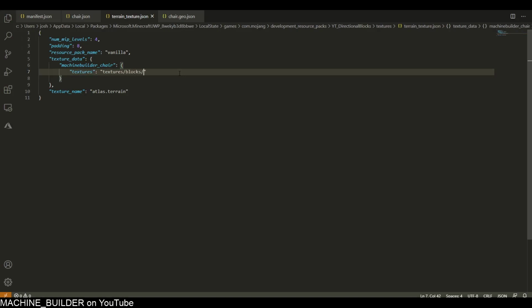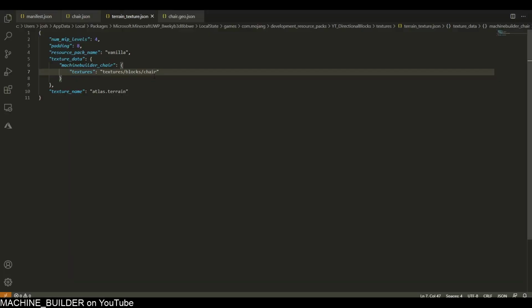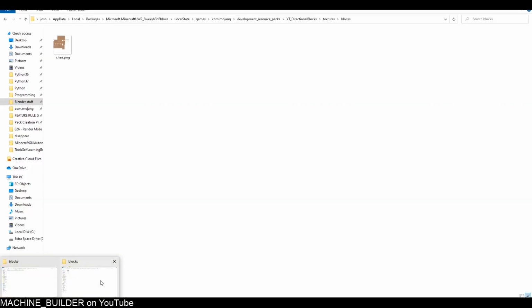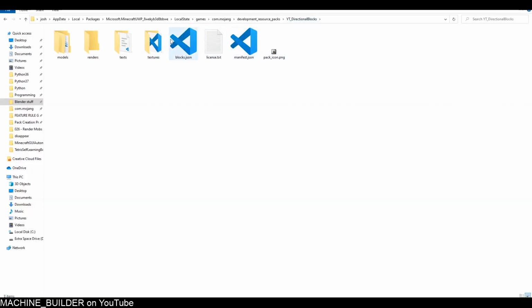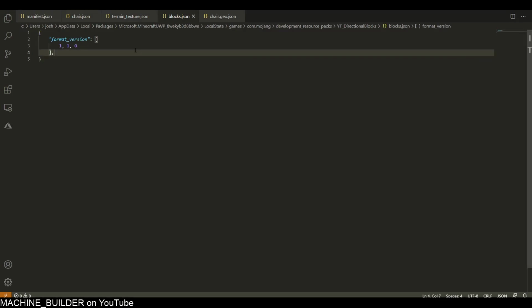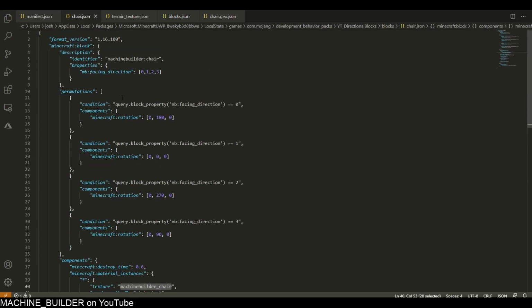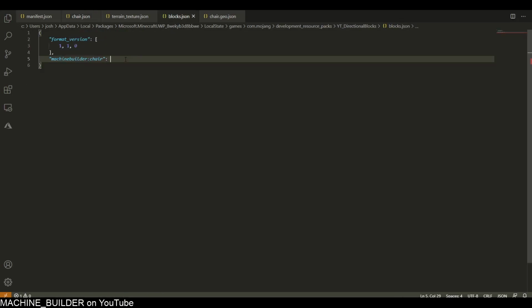path. So textures / blocks / chair, I think I called it. Textures blocks chair. Yes. So that's the terrain textures done, and now we have to actually set up the block part of it. So blocks.json, and this is where you can define sounds for your block, so I can make it sound like wood, because obviously it's a wooden chair. So machine builder chair, so that's the identifier of my block, machine builder chair, and then we're going to set